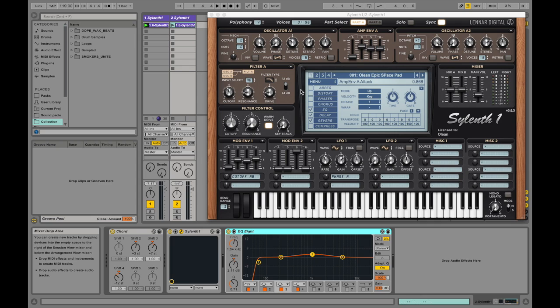Maybe let's do a quick overview over the patch and then we're going to break it down. So in this patch, we're using all 4 oscillators, all playing the same waveform, but there's a little trick behind it which makes it slightly more special than it looks. And we're sending all of those oscillators through the same filter, applying a bit of filter modulation, a bit of phase modulation right here, and then in the end I added a bit of effects. I cut out some low end with this EQ, added a bit of delay and a bit of reverb,